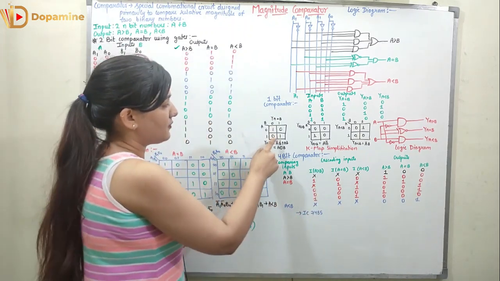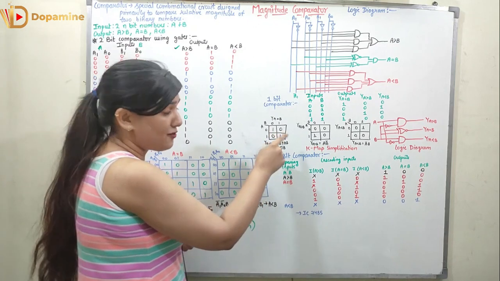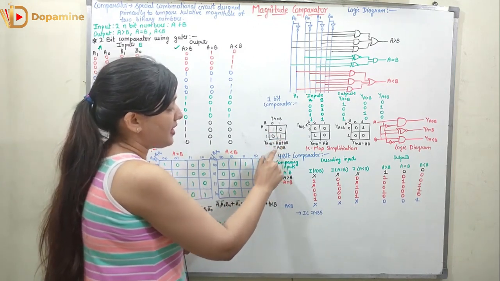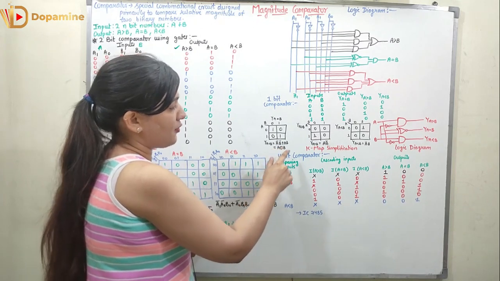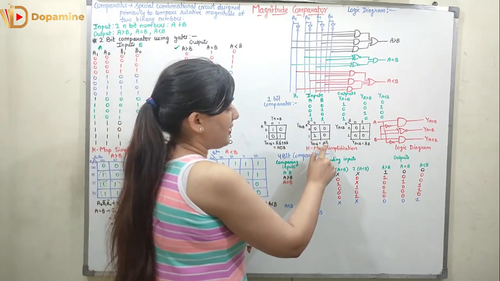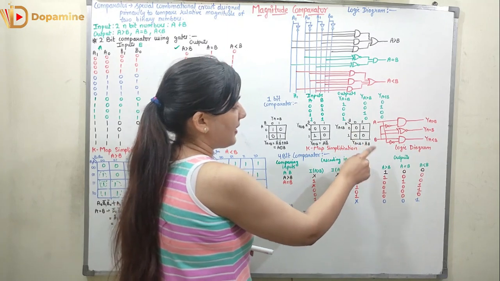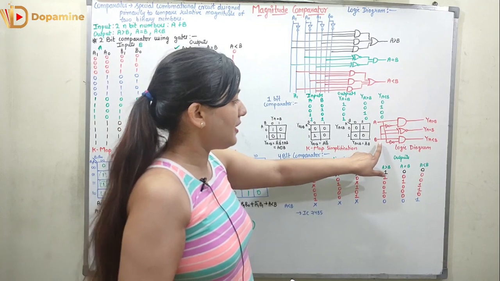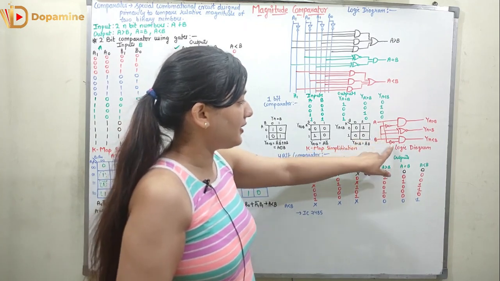So this is the case over here. We know for A XNOR B, we can represent this one as A bar B bar and this one as AB. So A bar B bar plus AB is A XNOR B. Over here we have A B bar. Over here we have A bar B. So now we are going to take the A and B for the logic diagram. We are going to take the inverters.